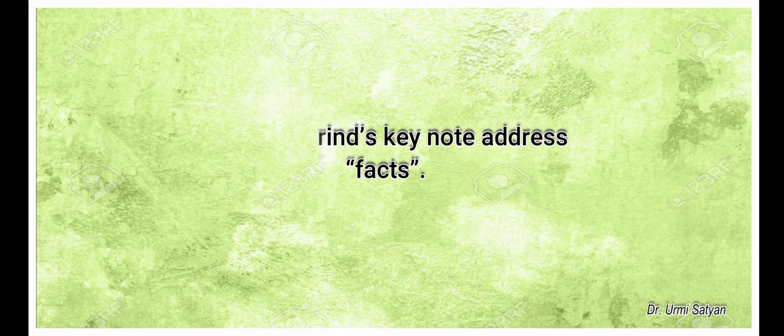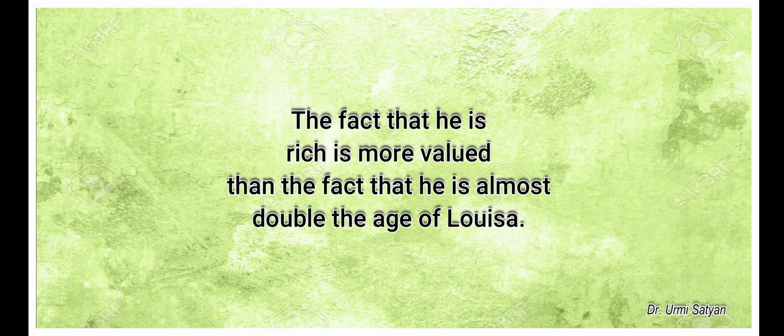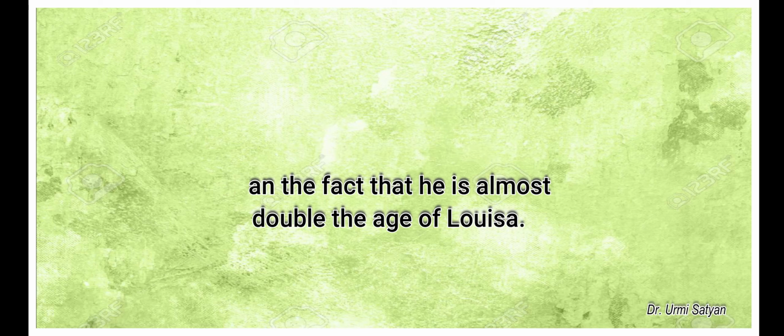Factory owners were respected in the society, so much so that Gradgrind marries off his daughter Louisa to Bounderby only because he is rich. The fact that he is rich is more valued than the fact that he is almost double the age of